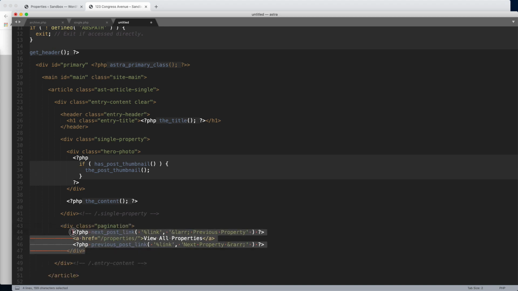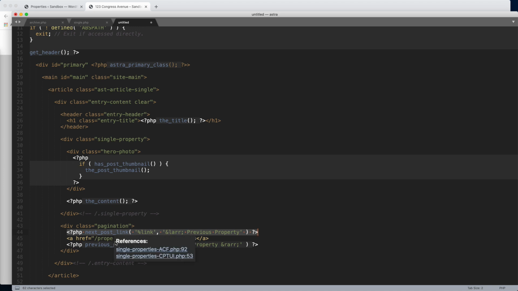And so what that gives us here is an outer div of pagination, and then this link, this is how you write the previous post link, or sorry, the next post link and the previous post link. But actually I've reversed those because I'd like the next one on the left, so I've kind of reversed the labels there. And what I need to do is I need to put all of this inside the loop, the